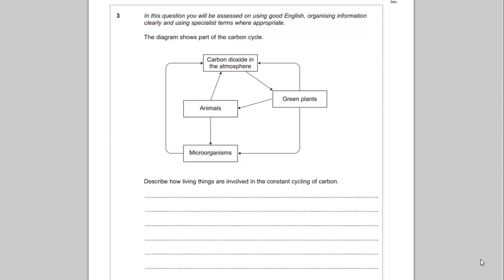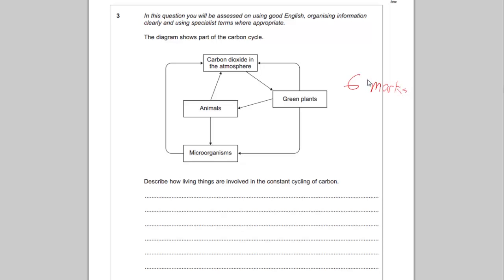So now let's have a look at question 3. Question 3 says, in this question you'll be assessed on using good English, organising information clearly, and using specialist terms where appropriate. The diagram shows part of the carbon cycle. Describe how living things are involved in the constant cycling of carbon. So as you may have guessed, this is your 6 marks